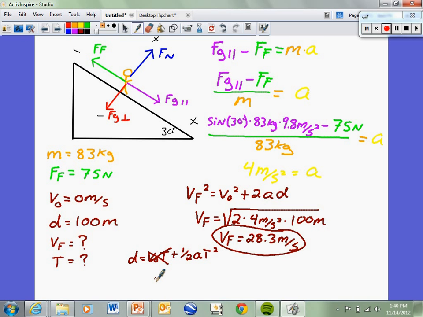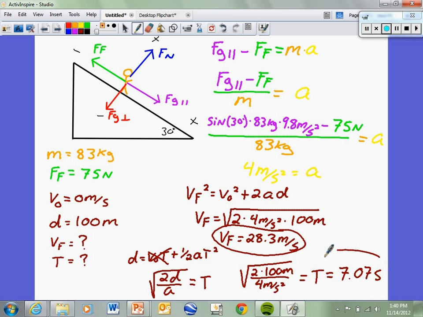When we rearrange for the time, we would get 2d over a, and it's the square root of that, for time. When we plug in our numbers, it would be 2 times 100 meters all over 4 meters per second squared. And after we plug that in our calculator, we get